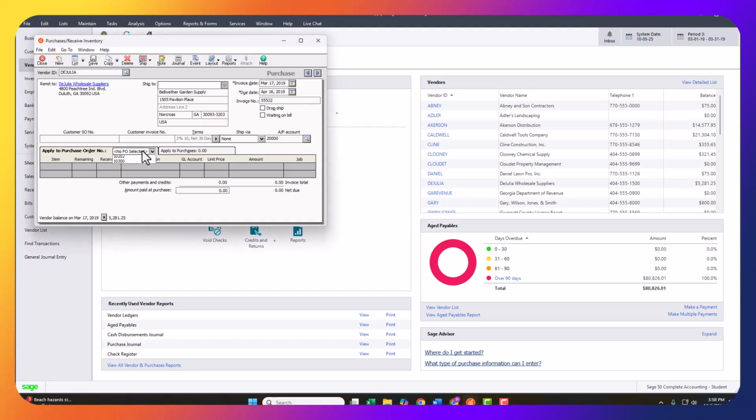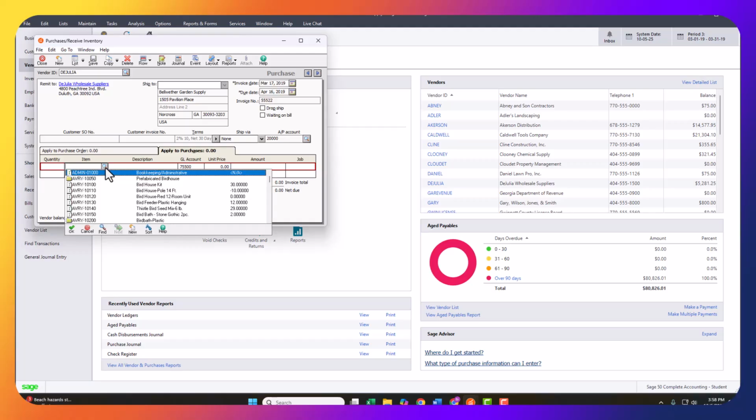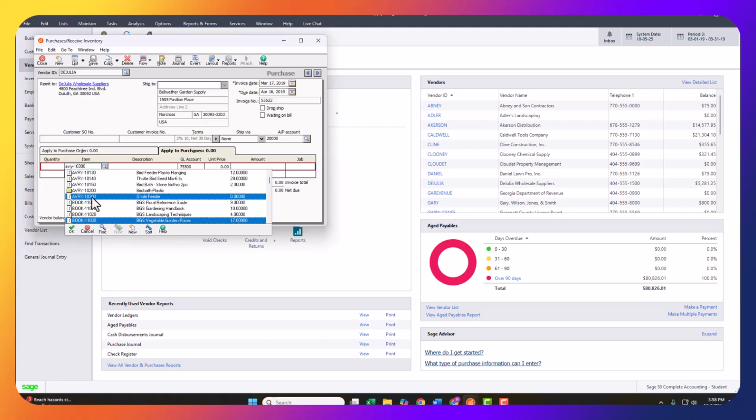55,522. It looks like there are already purchase orders in the system related to this vendor, but we're not going to be connecting to any of those. We're going to click on the tab that says Apply to Purchases. On this screen, we're going to specify the item that we're purchasing, which is going to be that Oriole feeder. It has a SKU number of